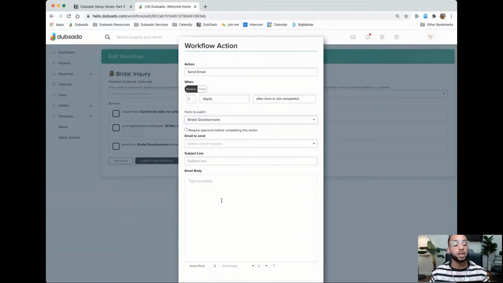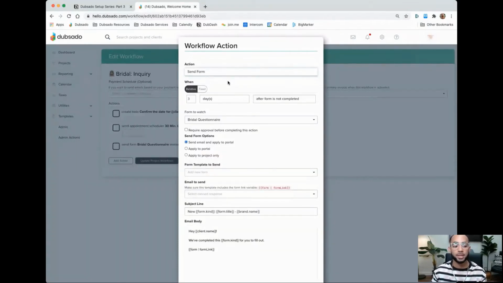So before I show you that, I just want to say that if this is the combination that you create, it will work, but you're not able to put the questionnaire in this email, in this follow-up. So let me show you how to do that. What I'll do is I'll actually change it to send form instead. So now what I'm telling the workflow is, instead of just sending an email, I want to send a form